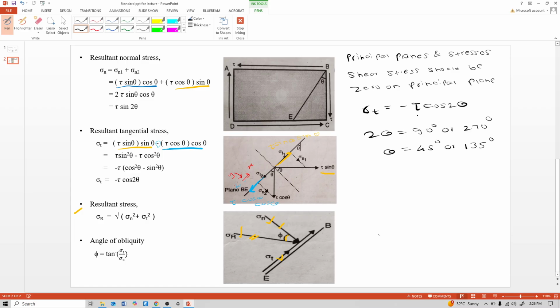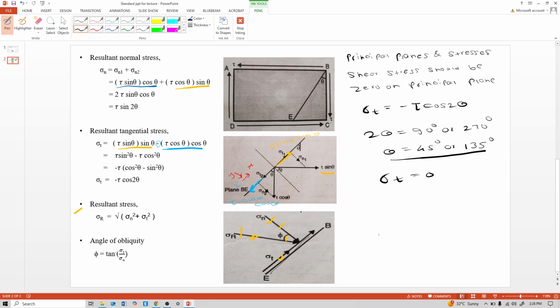Cos of 90 is 0, and cos of 270 is also 0. So sigma t, the tangential stress, is equal to 0 when theta is equal to 45 degree or 135 degree. Thus the planes inclined at 45 degree and 135 degree with BC